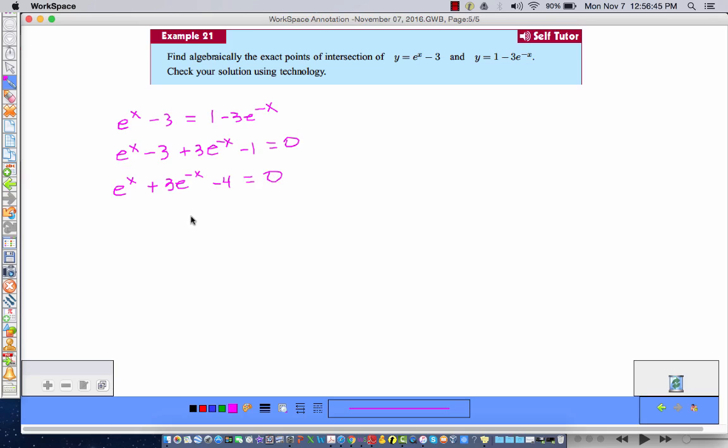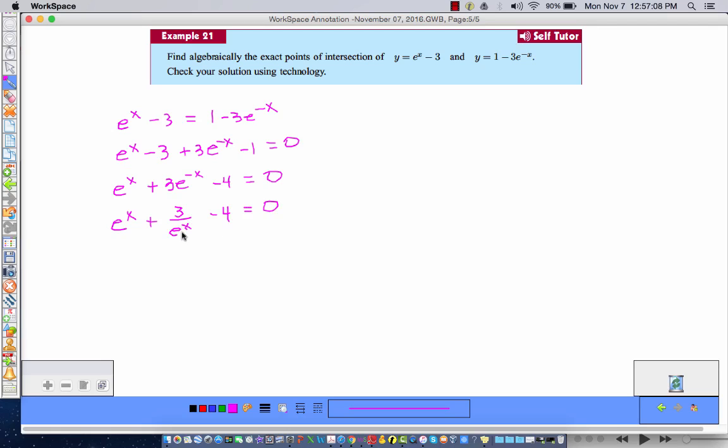So it's looking suspiciously like a trinomial. Actually, it is a trinomial. And whenever I think trinomial, I think of quadratics. Is there any way I can make this a quadratic? Well, take a look at this. I say that because if I make it a quadratic, then I could possibly factor it and use